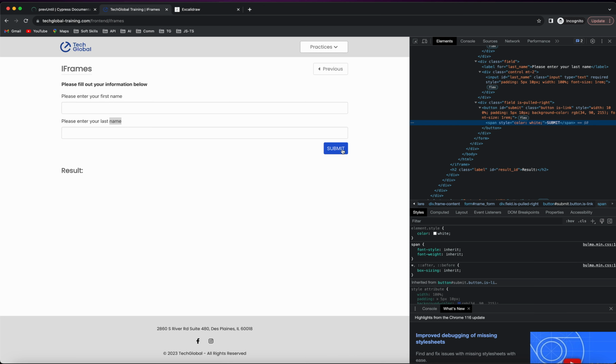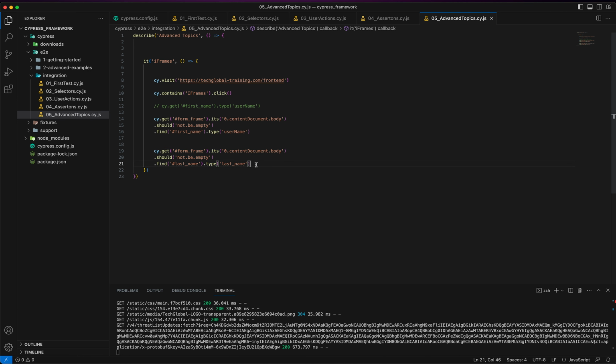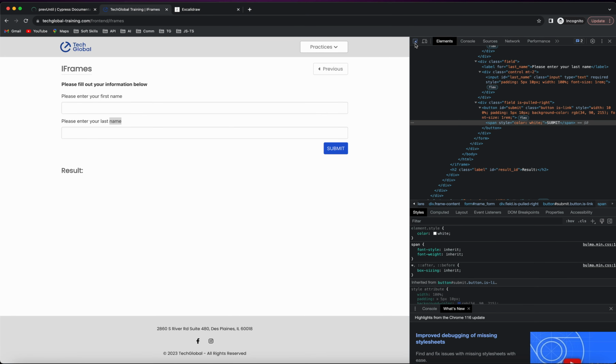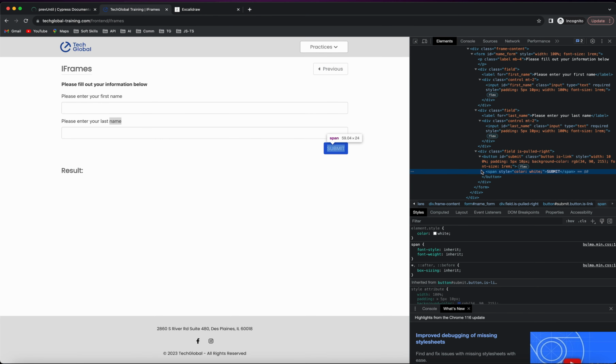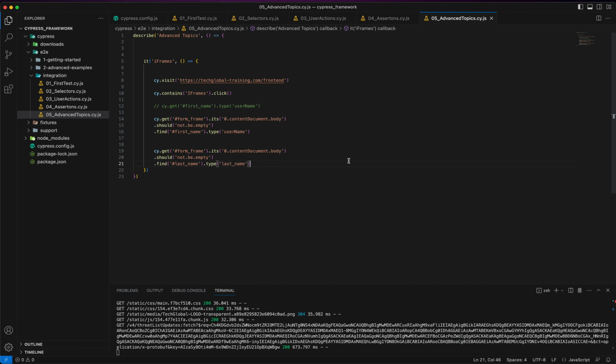So you don't need to go outside the iframe again because this session only persists for this block of code. Your driver is already going to be switched back to body right away. You don't need to do anything. In old frameworks like Selenium and more, you have to switch your driver back to the main content. But on Cypress, you don't need to. So if you want to again interact with something out of the iframe, you can just take this one,